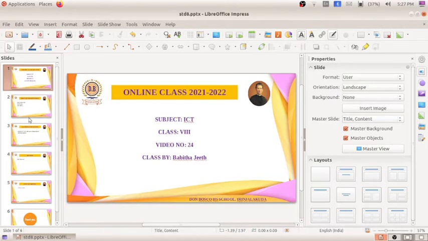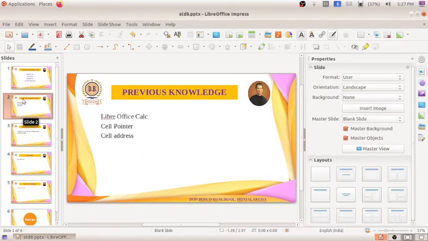What all things have we discussed in the last class? We started our sixth chapter, Data Analysis Made Easy, and in that chapter we discussed a new software named LibreOffice Calc. It is basically used to analyze data, tabulate, consolidate, and to get a conclusion. Generally, we use LibreOffice Calc for analysis of data.